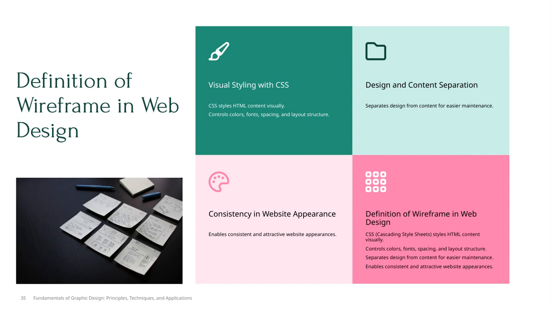Now, let's talk about visual styling with CSS. Essentially, CSS styles HTML content visually, allowing us to control things like colors, fonts, spacing, and the overall layout structure. This means we can make a website look consistent and attractive across all pages, which is really important for user